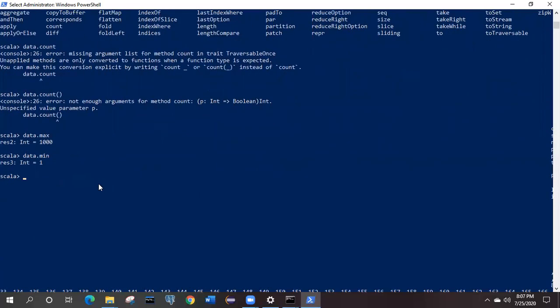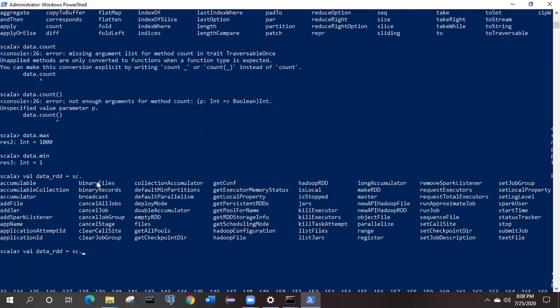Now how are we going to create the RDD? The first approach for creating the RDD is by using the parallelize method. We'll see that example now. So I'll give the name dataRDD equal to, and how are we going to access Scala now? By making use of the SC object. SC dot, if you hit tab, it will list all the different available methods over here.